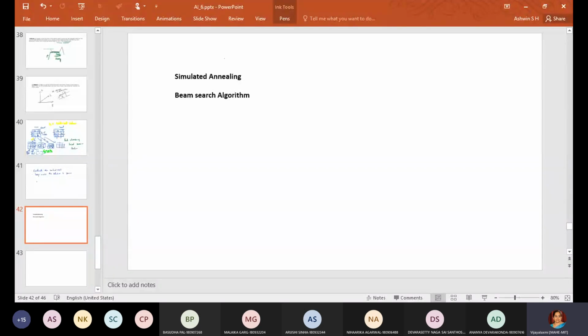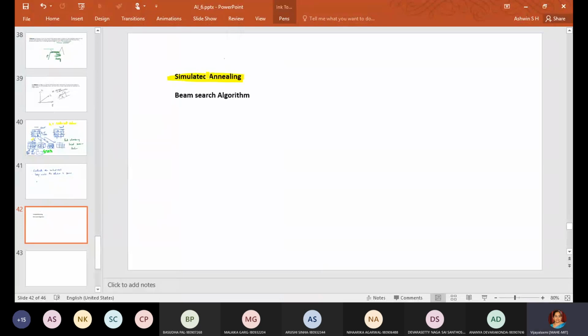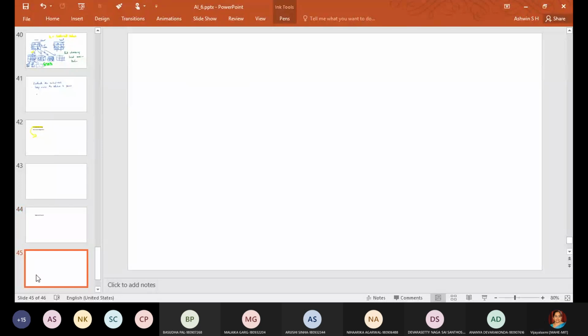At every iteration, a random move is chosen. Okay, so I'll just write here simulated annealing.